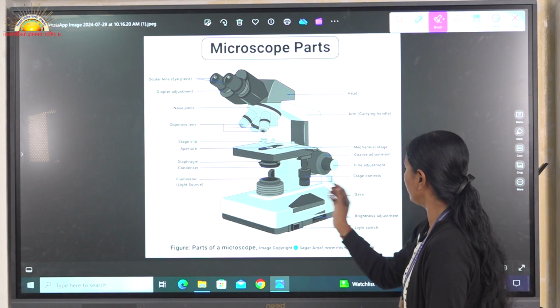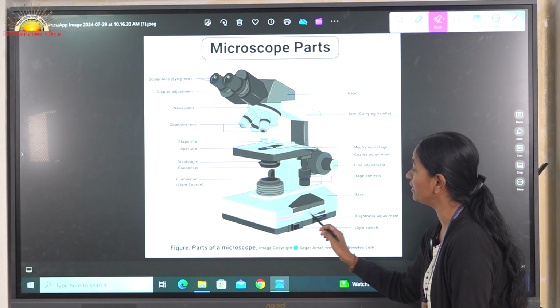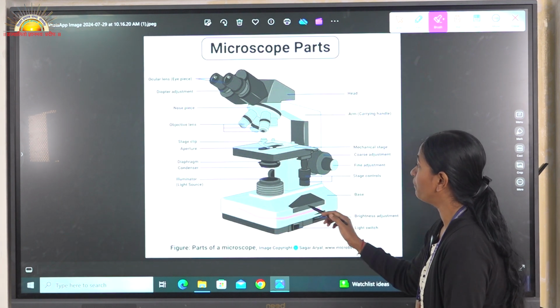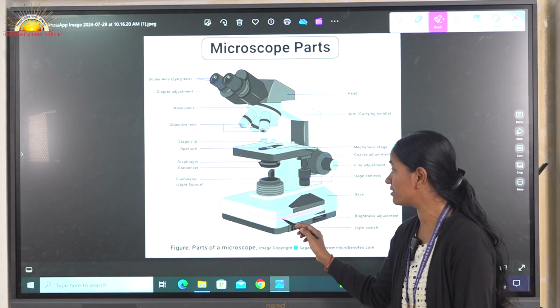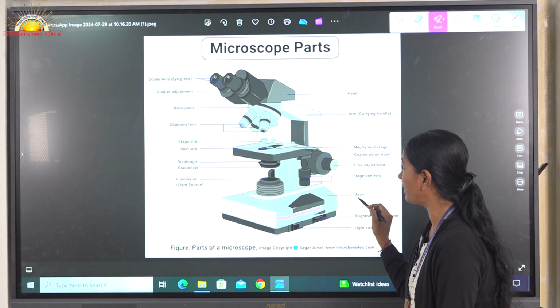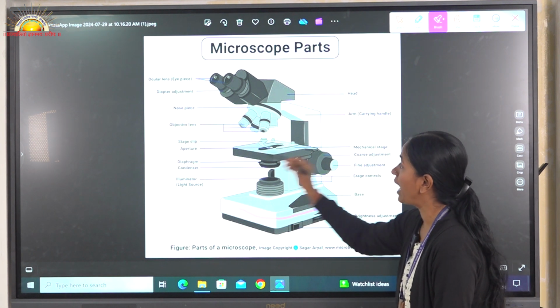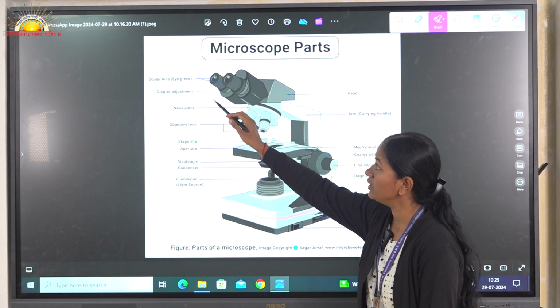Now see here, there is a brightness adjustment knob. After that, this is called the base. Depending upon the base, the whole microscope assembly is comprised here. After that, there is a light switch button. Then there is an arm, which is also called a handle, the apertures, stage clip, objective lens, nose piece, and your